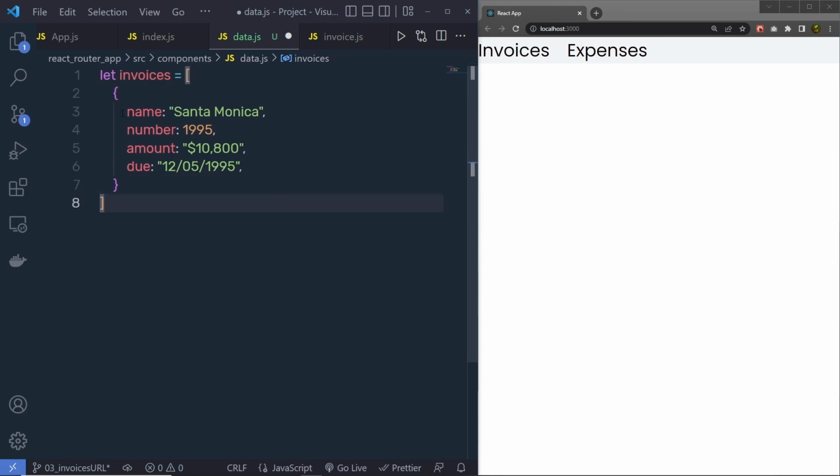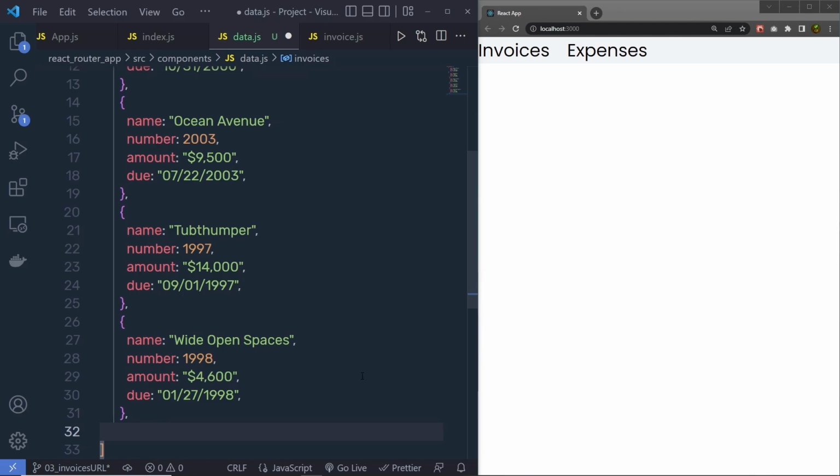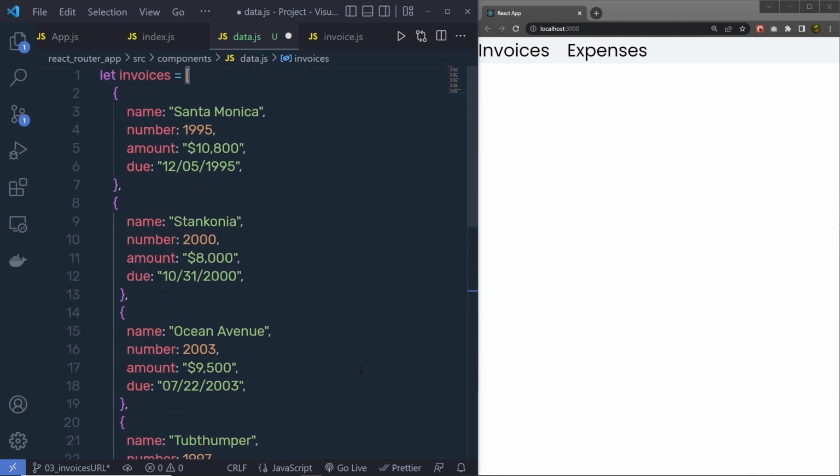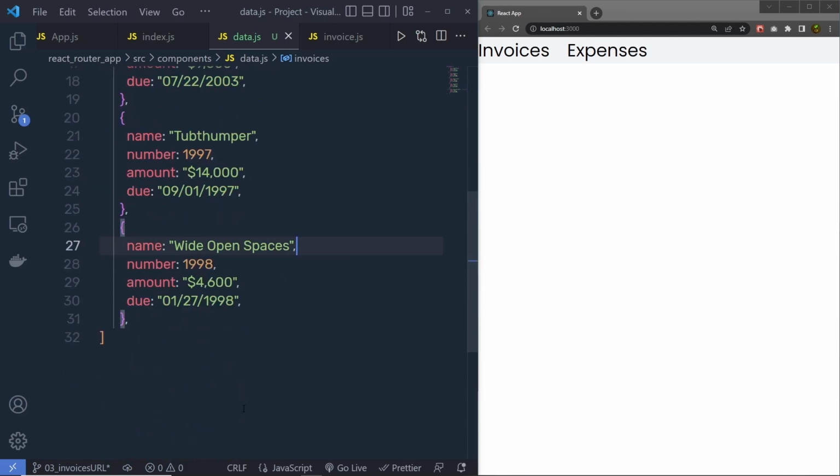So inside this object, we are going to have a name, number, amount, and the due date. So we have all this information of the invoice inside this object. Now, instead of just one object, I'm going to add here multiple objects. So I'm going to paste some objects here, something like this. So once we have multiple objects, what I want is to create invoices using these objects. Let me first save the changes and then write down here, just after this array,